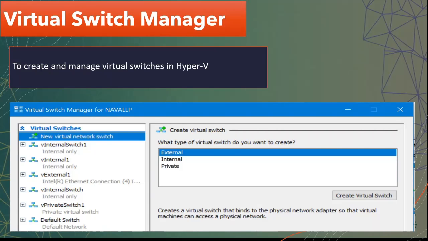So first, we need to understand Virtual Switch Manager. Virtual Switch Manager is the utility that is used to create new virtual switches in Hyper-V or to be able to remove these switches from the Hyper-V environment. There are three types of switches that are available in Hyper-V: external, internal, and private. So we are going to learn about all three virtual switches, and we will learn how we can create these